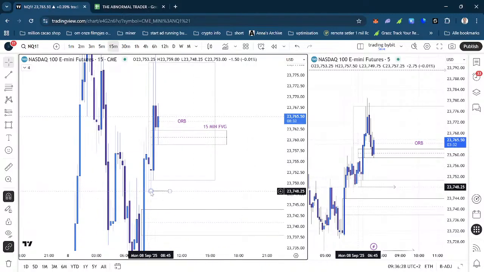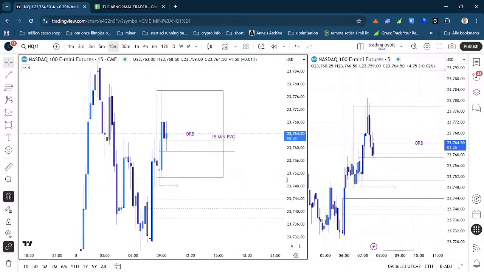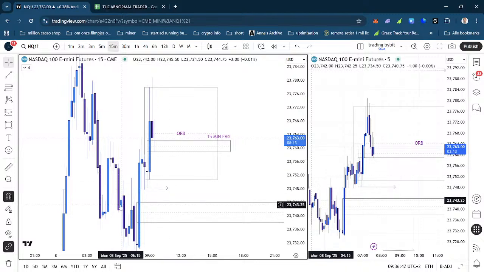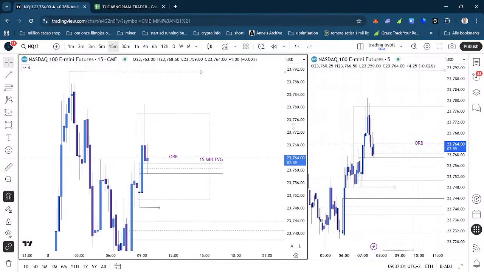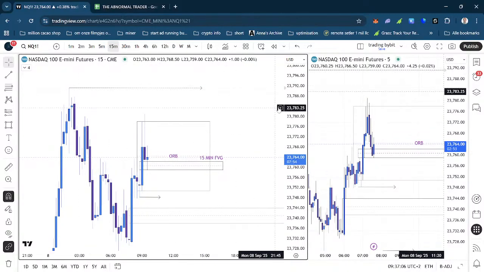And my stops are here. So if the market does want to continue, it should not come back all the way down here. If it does, it will take me out at 0.1, not in profit. I was up a bit more than 1R at the high point right here. I was up 1.2. Well, if the market wants to continue higher, I want to see it at least take Asia high.